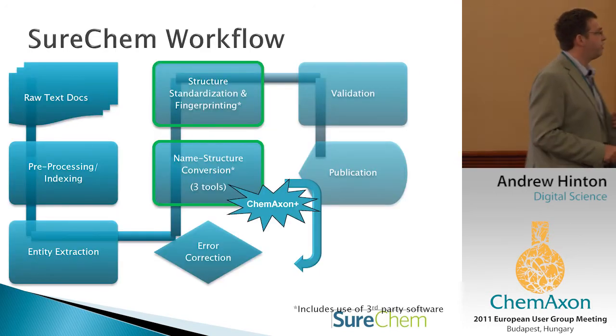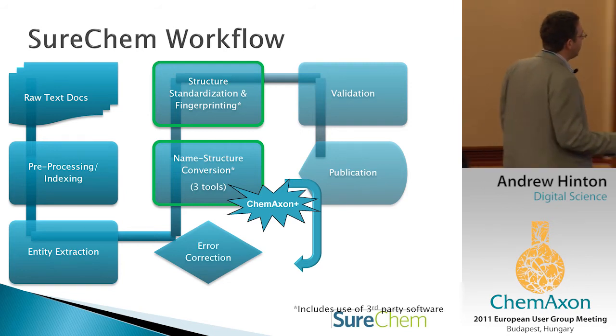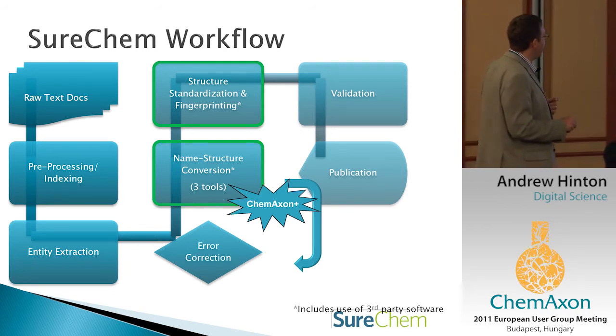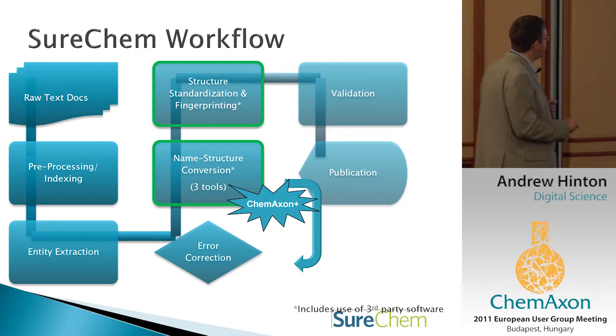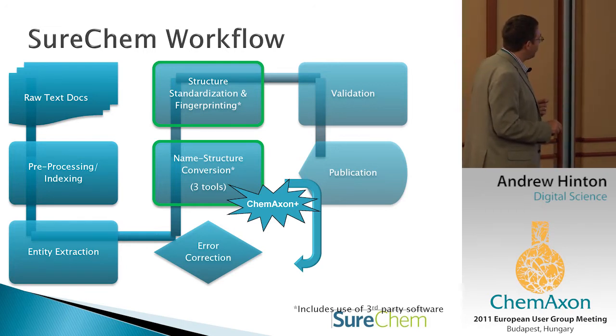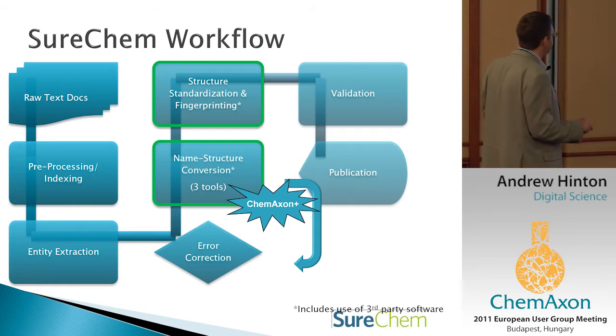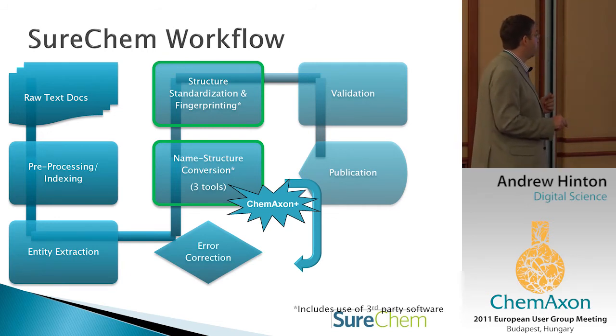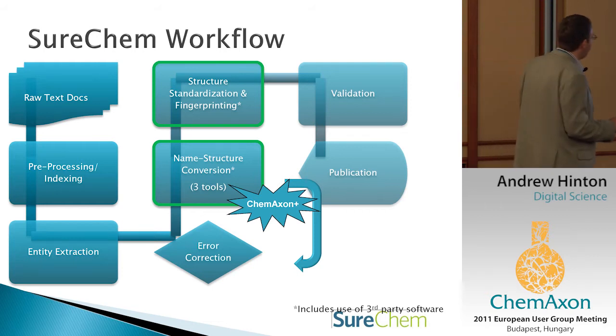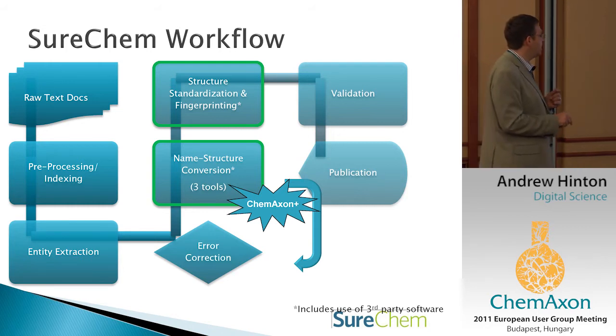So just to run through what we do, we take the patents as raw text documents. We then perform some pre-process indexing steps, and we then have our own proprietary entity extraction software, which basically, as the name suggests, looks for chemical-like terms in the text, and once we think we found a chemical name, we then perform some error correction heuristics on that, and then we, and uniquely I think,